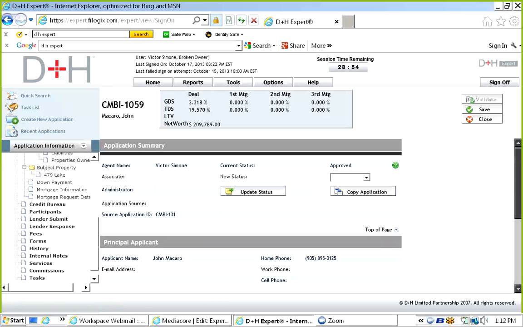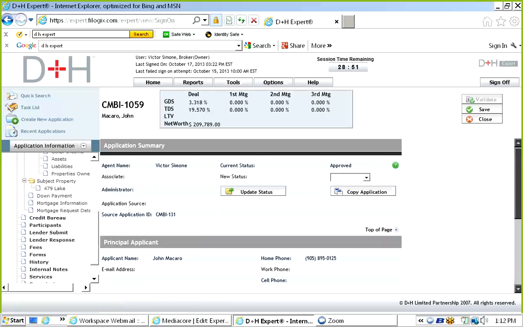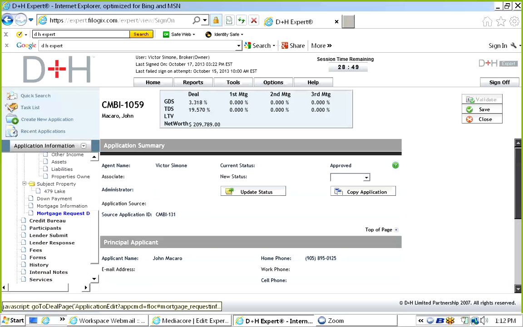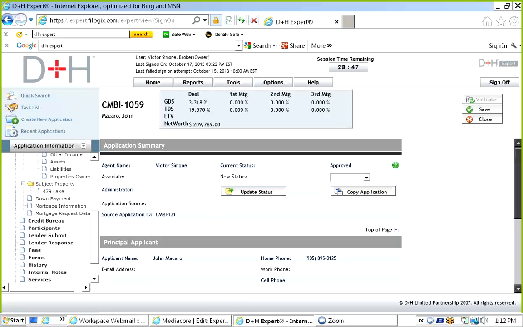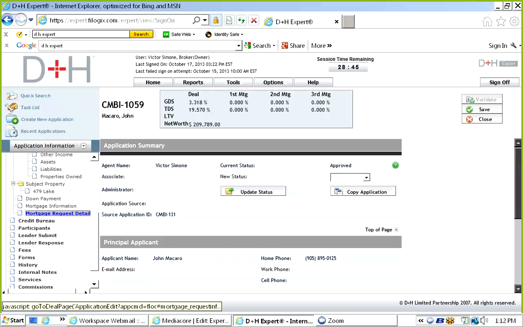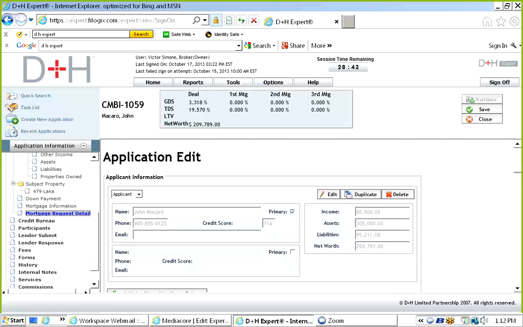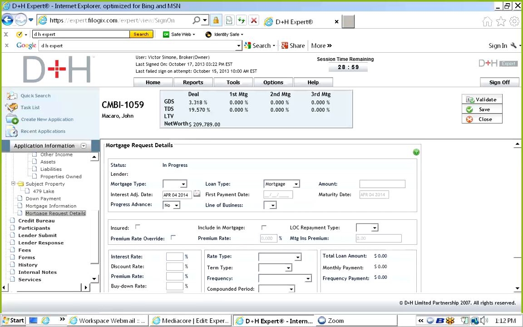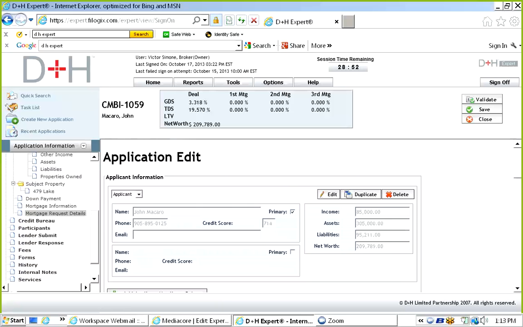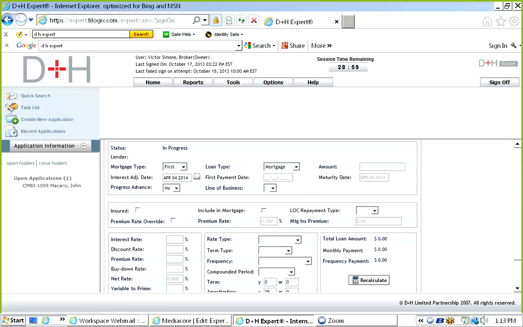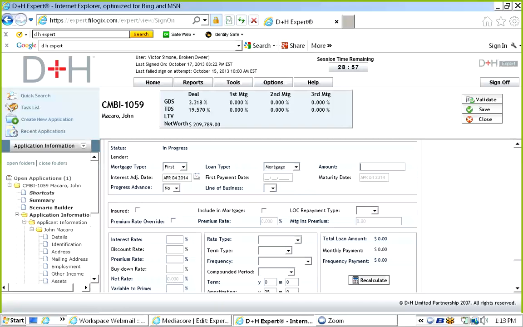Anyhow, the next screen: after you've inputted that and pulled the credit report, the next thing you want to do is mortgage request details. You want to go here and actually create the loan amount, and you do so by putting it in here. So you're doing a first mortgage. As soon as you put in first, it'll start to create the mortgage amount. So we're going to do a first mortgage of $200,000,